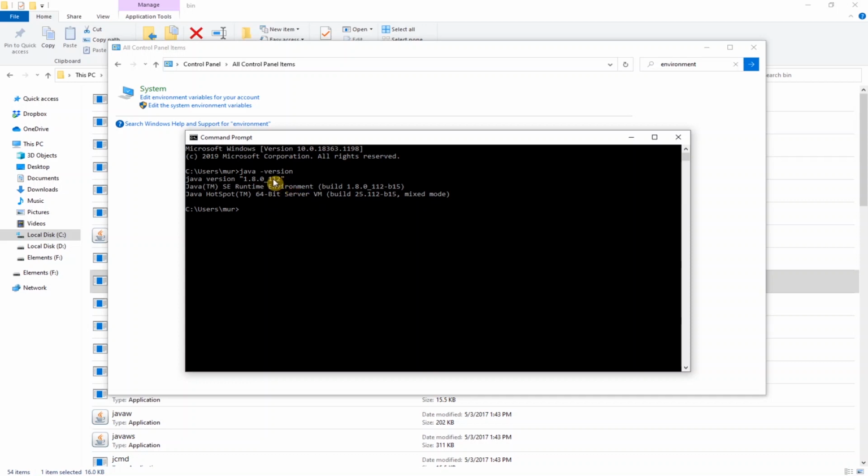The last update part may differ on your machine because the Java version went through quite a few minor language updates, unless there are some major enhancements to the language features, in which case it releases a new version altogether. If you are presented with the Java version like this one, then congratulations, you have successfully installed Java on your